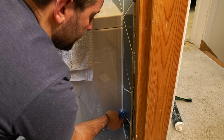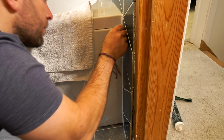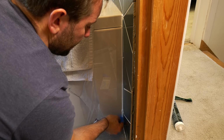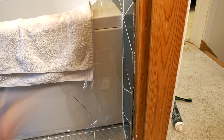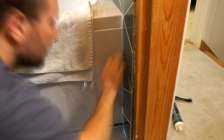This was quite difficult actually because of the type of tiles that I put on. It's much harder to use a flugy kit or a profile kit, but it was still worth it on this one, I think. So what I did on here was, this is actually what I'd call the first silicone bead. I like to put on more than one bead when I'm doing this sort of work. So this first bead is more about holding it in. Then I'll let that dry off and then come back and put my full bead over the top